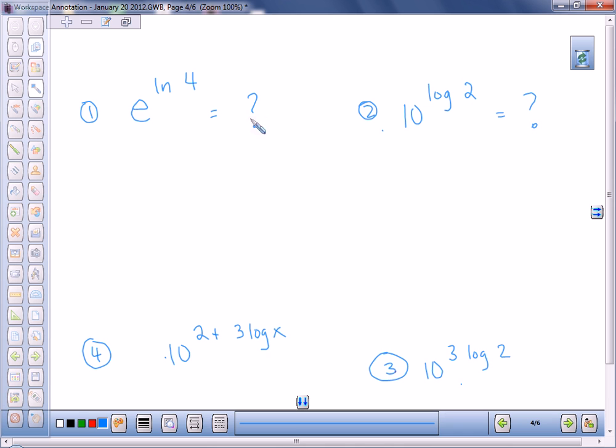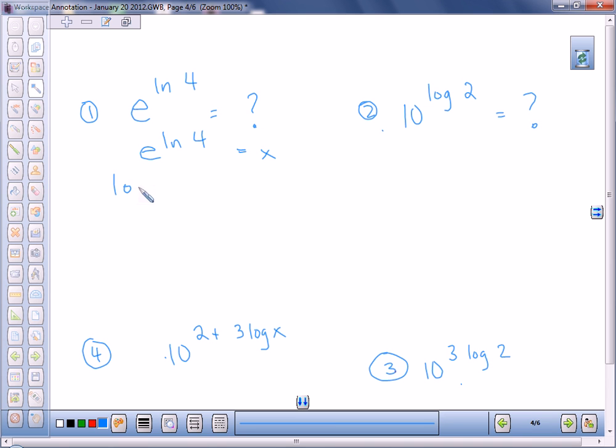Okay, now let's look at it a little bit differently. Let's say we have e to the natural log of 4. What does that simplify to? So when I'm not sure, I always put in a variable. And then let's switch forms. If we switch forms here, right now we're in exponential form. So what form would I go to? Log form. So it'd be